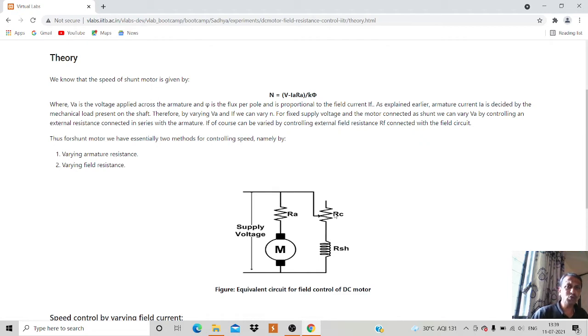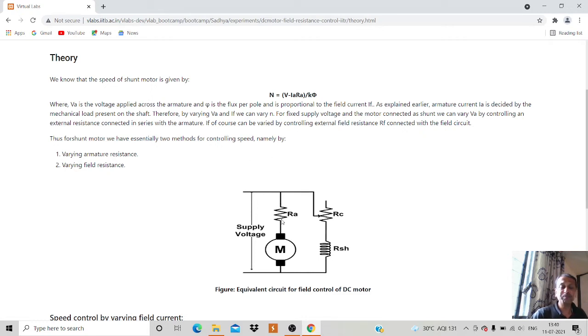One thing is very sure: either you control the applied voltage, that is the supply voltage, to control the speed of the motor, which is the armature control method, or you control the field current. Controlling the field current, we are controlling the magnetic field. As you are familiar with the relation Eb = PφNZ/60A, we understand that the speed of the motor and the field are inversely proportional to each other. So today we'll focus on the field control method.